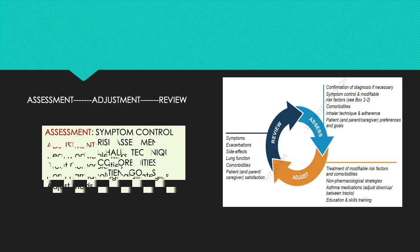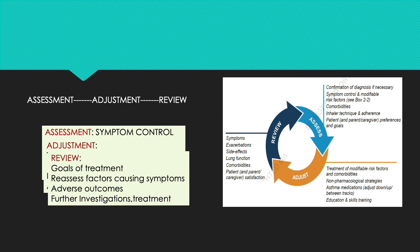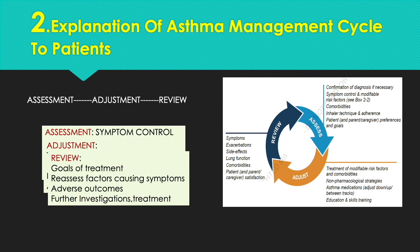Now, something which has also been stressed is regarding the explanation of the asthma cycle to the patient, and the importance of looking at this wheel again and again. So assess your patient, adjust his treatment, and review his treatment. And so when we talk about assessment, make sure you have confirmed your diagnosis, make sure the reversibility in spirometry